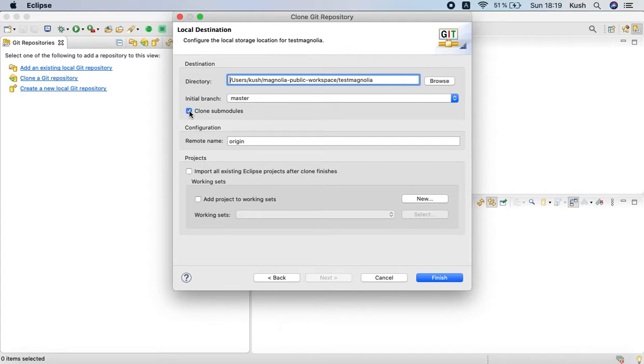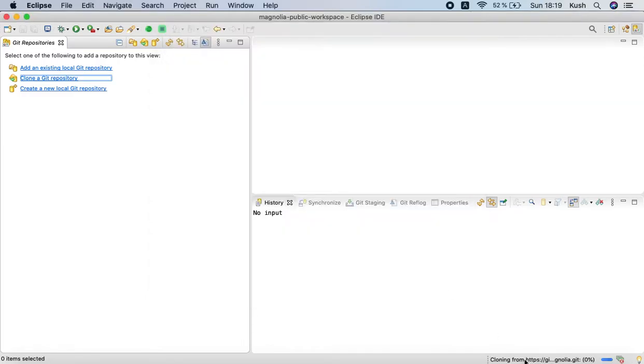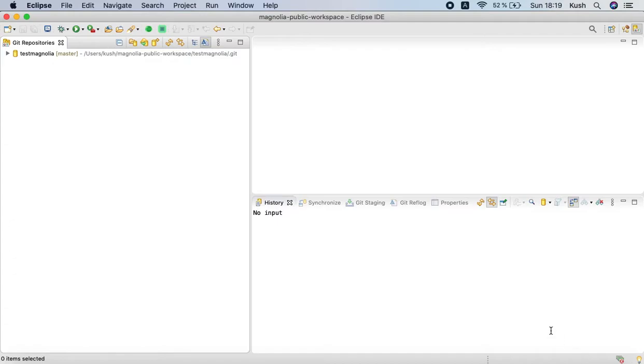It is not necessary, it is just the practice, so I have clicked here. Otherwise, if you don't want to, you can continue without clicking this, and then I will click on the finish button. Now we can see it is cloning from GitHub, and now it is cloned.